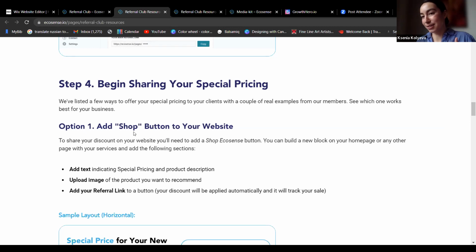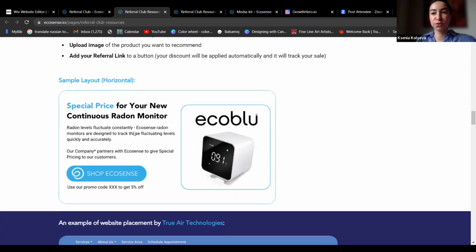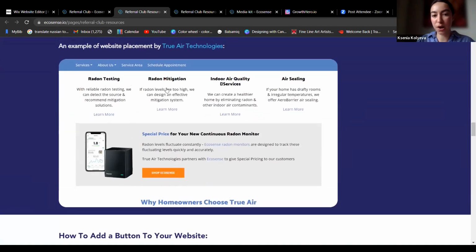Because I'll show you how it looks where they actually go. I think it's much more informative from a radon perspective, more educational, and just a nicer presentation, a better experience for your customers. So I'll walk you through how to add the shop button to your website, meaning how do you direct them, where do you actually attach that link? And on that page, at your own pace, you can explore some examples of our customers adding it to their homepage,